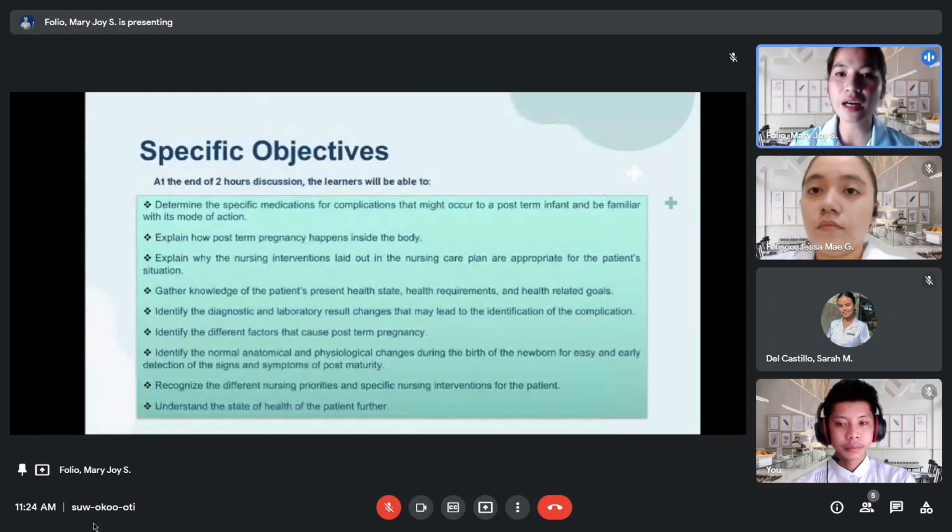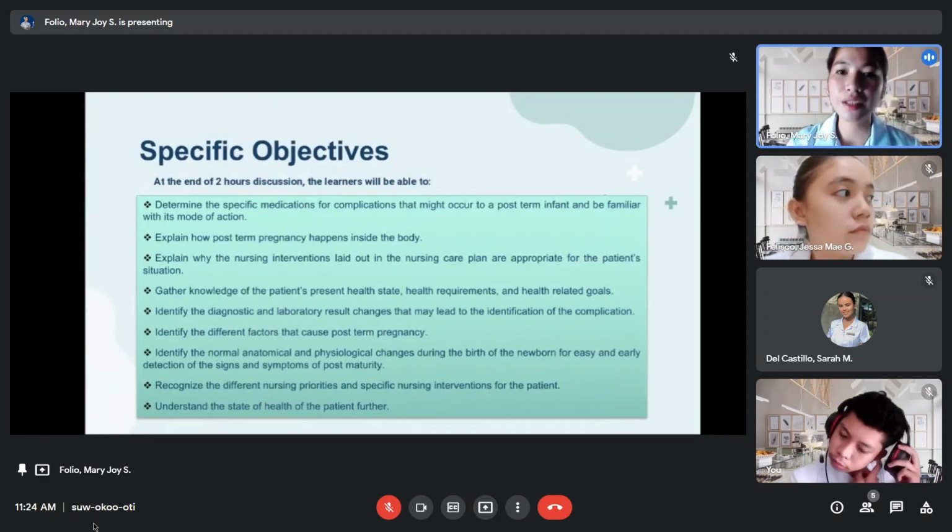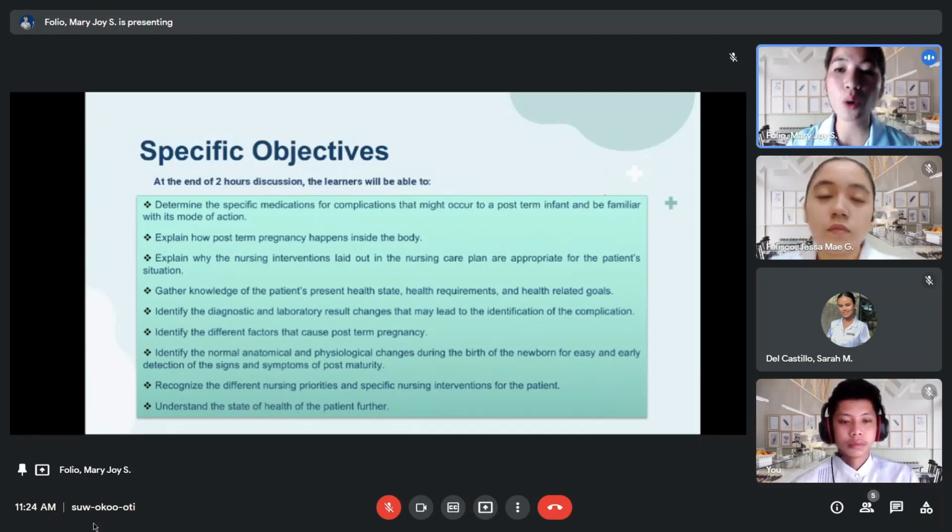So here are the specific objectives. At the end of 2 hours of discussion, the learners will be able to determine the specific medications for complications that might occur in a post-term infant and be familiar with their mode of action, explain how post-term pregnancy happens inside the body, then explain why the nursing interventions laid out in the nursing